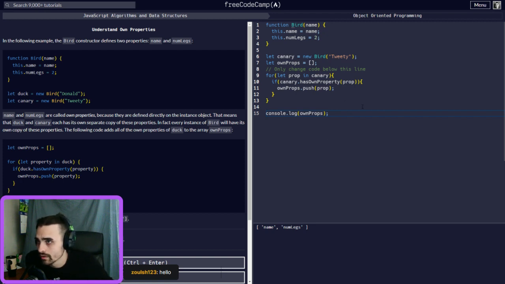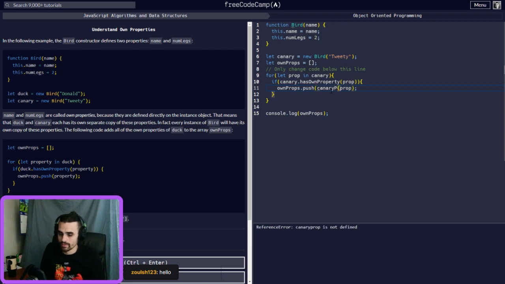Now, if we want an accessor to each one, to see what's inside of it, you can get the values with canary[prop].